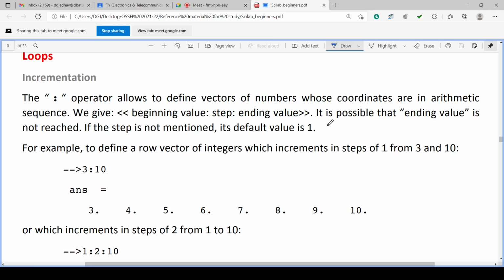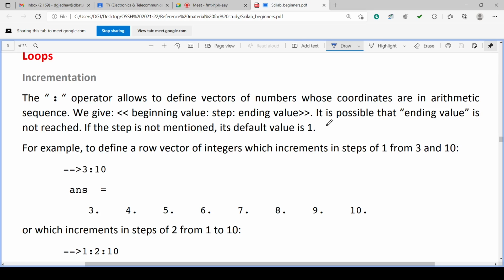So it is increment operator, and if x is varying from 0, it can increase by 1 every time. So it will become x equal to 1, x equal to 2, x equal to 3, x equal to 4, x equal to 5 and so on. Maybe if x is 10 and if it is decrementing, x will be equal to 9, x equal to 8, x equal to 7, x equal to 6, x equal to 5, x equal to 4, x equal to 3 and so on. So increment decrement is required in the loops.